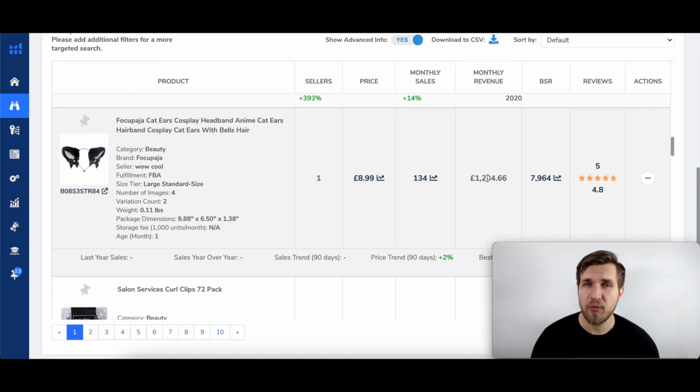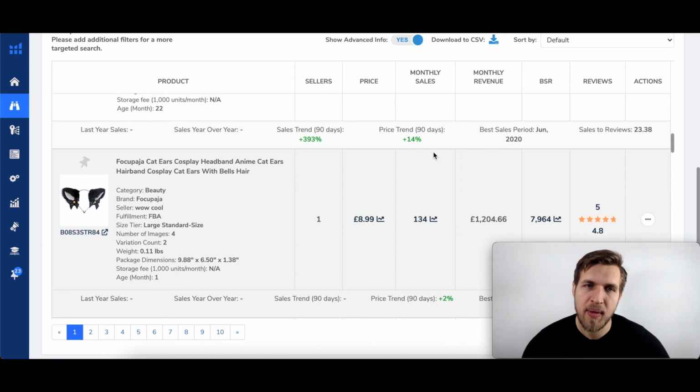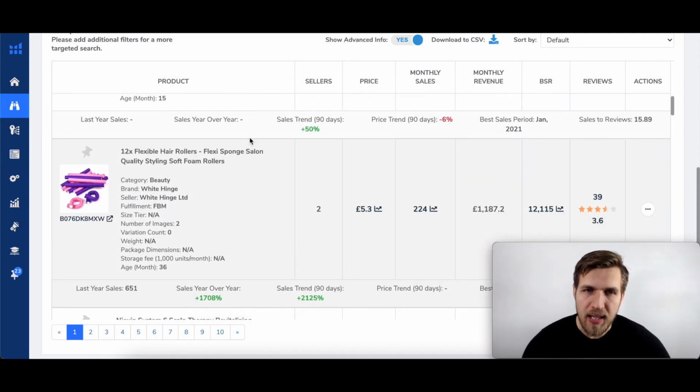So if you're starting off with 500, you want to make it to 1,000. If you're starting with 1,000, you may want to make it to 2,000. Okay, so anything above £1,000 is good enough right now. Once you work with a bigger budget, then we're going to change the criteria. But what I like so far right now, and what I want to look into further, is the